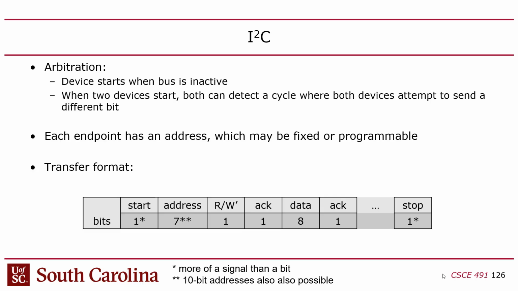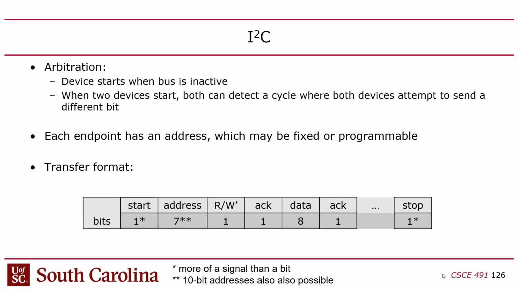Okay, so what happens is that you've got this data line, and the clock, by the way, is controlled by the master the whole time. So I'm only talking about the data line. Remember, there's 2 wires, there's clock and data. Clock is always controlled by the master. The data, however, changes hands, changes control. So there's almost like a back and forth conversation that happens where the master starts out,